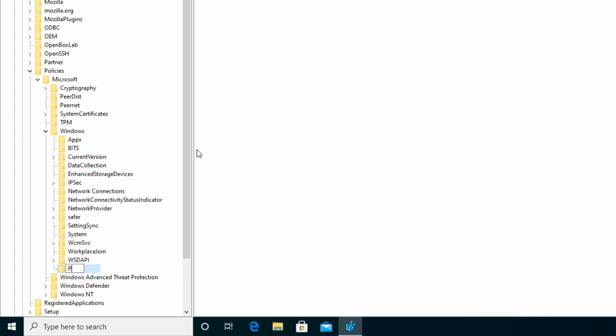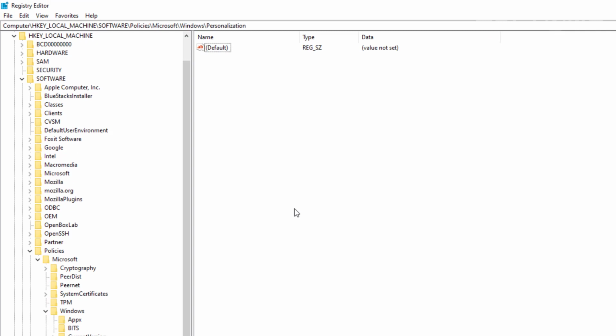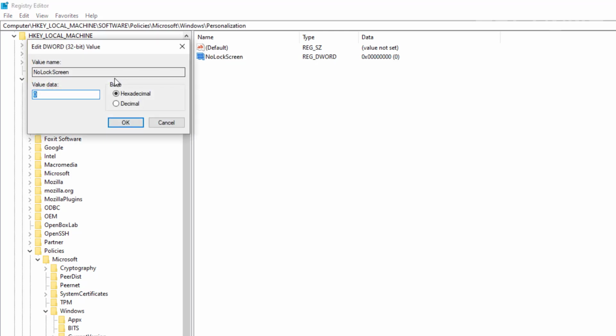We're then going to type in Personalization and press enter, and I think I spelled that correctly. It looks correct. And then after creating it, go ahead and select it, and you're going to need to create a new DWORD. So you're going to right click on it and select new DWORD. The name is going to be NoLockScreen, and it's very sensitive how this is made, so if you see it like that. Once you have created it, go ahead and right click on it and press modify, or double click it, and you're going to change that value from 0 to 1 and press